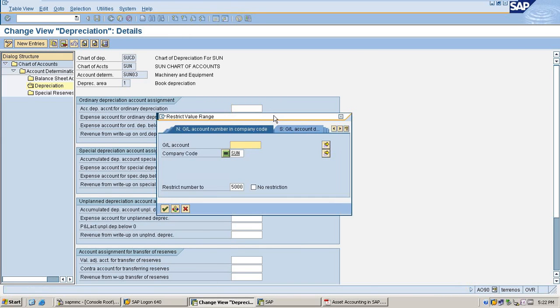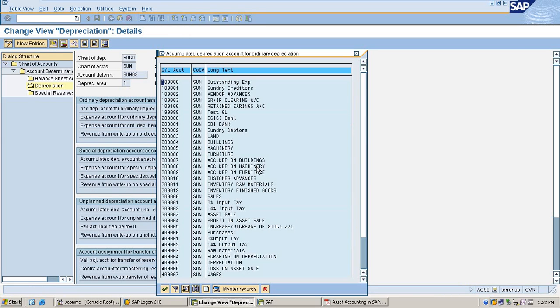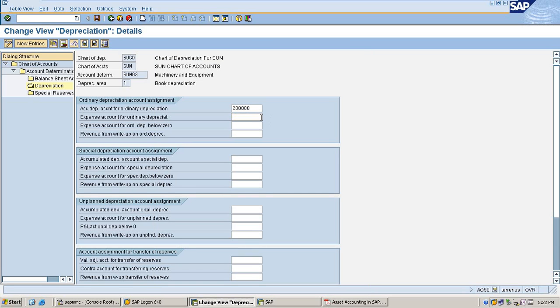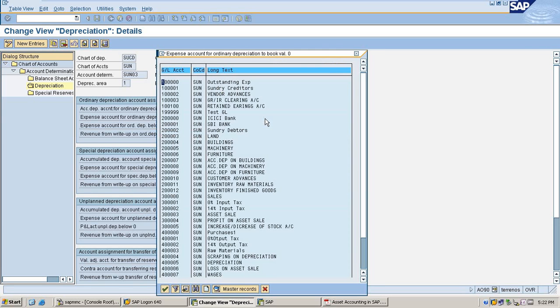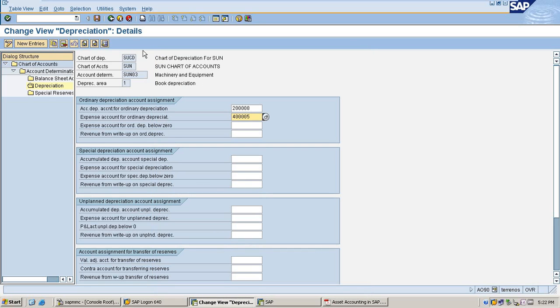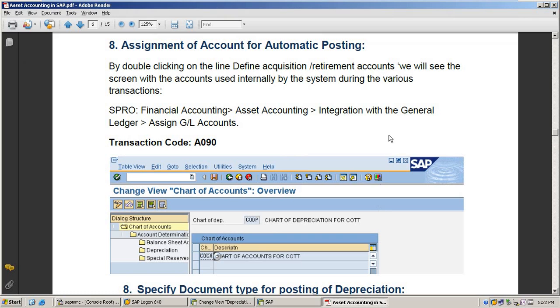Here maintain accumulated depreciation on machinery, depreciation account. Save it. So with this we have done